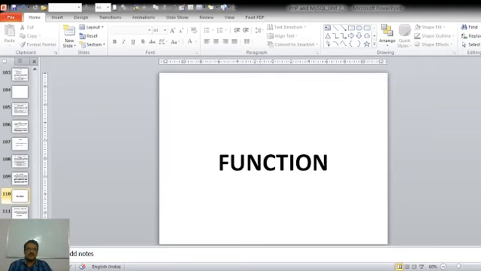Hello students, in the last lecture we have seen what functions are and how to create functions in PHP. There are some points that we should remember while working with functions.